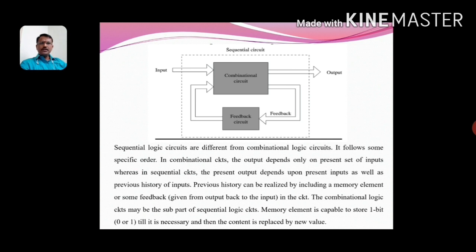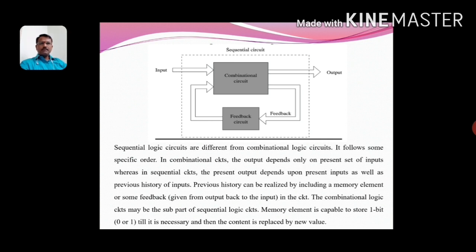Previous history can be realized by including a memory element or some feedback. Feedback means some part of output is given back to the input, which is shown in our figure. Here the combinational part, which is a part of sequential logic circuit, has input, output, and some part of output is given back to the input through a feedback circuit. This feedback circuit may be a memory element,